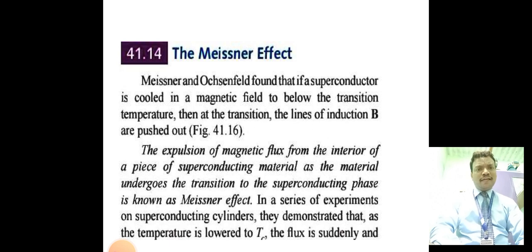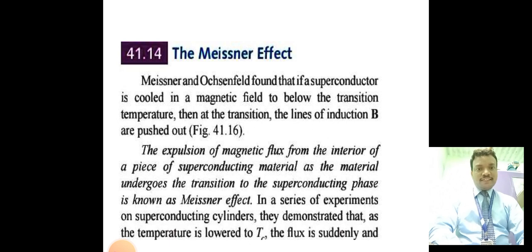So, the exclusion of the magnetic flux from the interior of a piece of superconducting material. That is, we take the superconducting material and place it in an external magnetic field. So what happens? The external magnetic field, the magnetic flux lines, act on the superconducting material. The magnetic flux lines are repelled out from the superconducting material. In a series of experiments on superconducting cylinders,